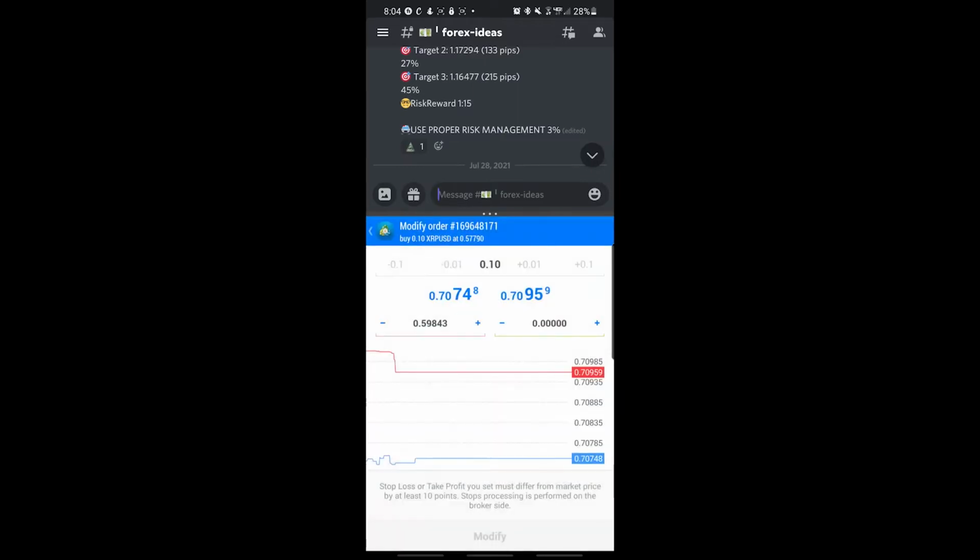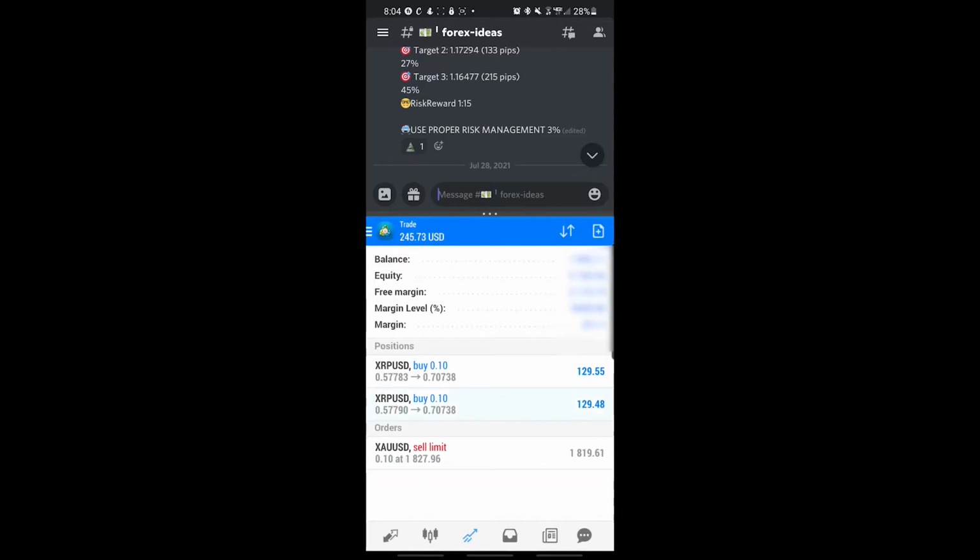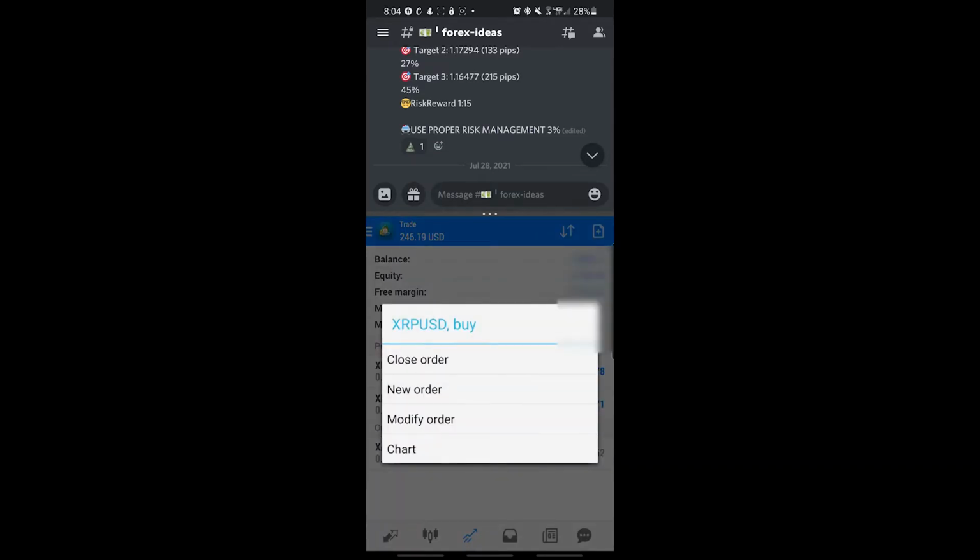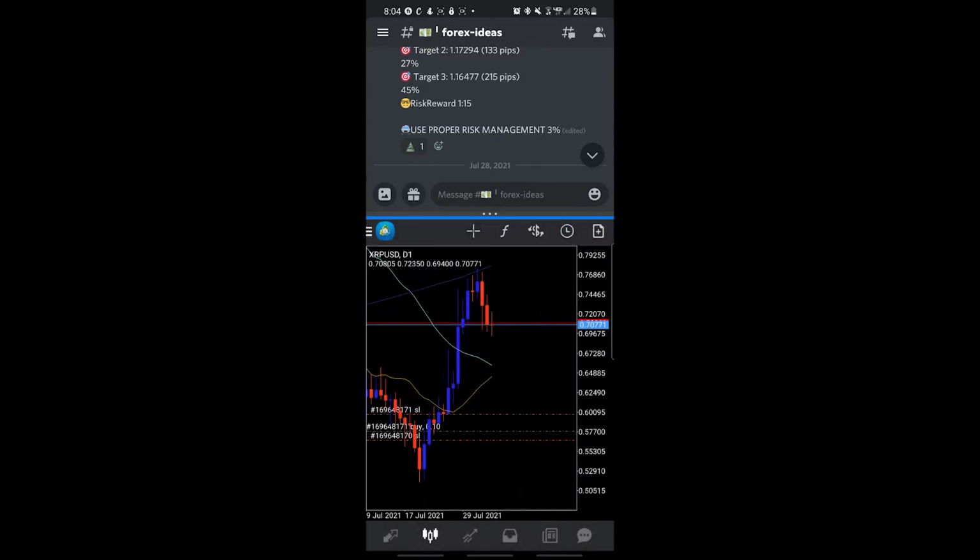All right, now how do you know where to change the stop loss? Hold the same trade and select chart. This brings up the chart that shows you where you entered in on your setup and where you are in your setup. So on this particular trade, we entered in here. So let's just put the stop loss above it by using this crosshair tool to find the level right above our stop loss. So this one is